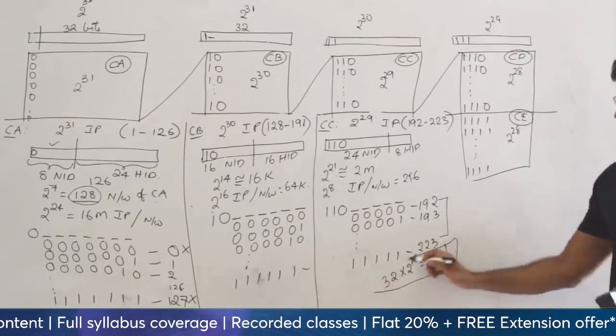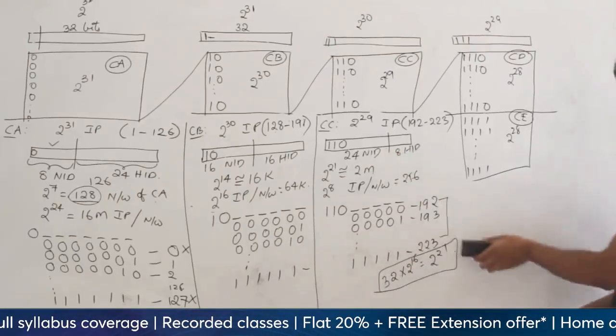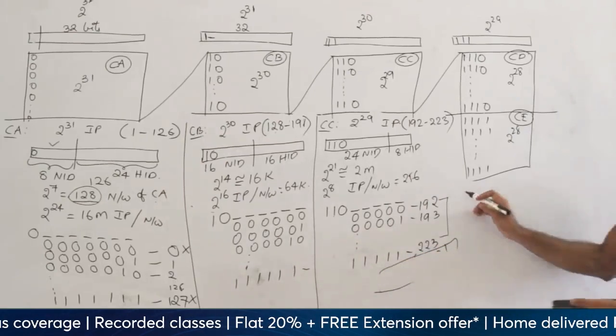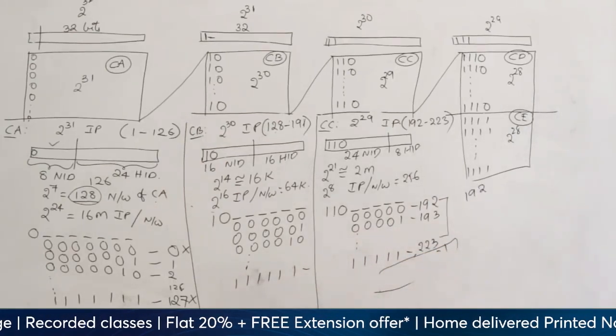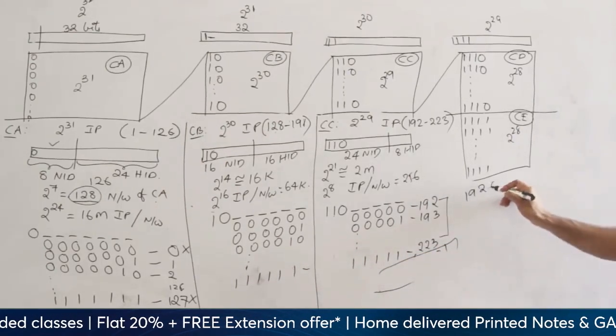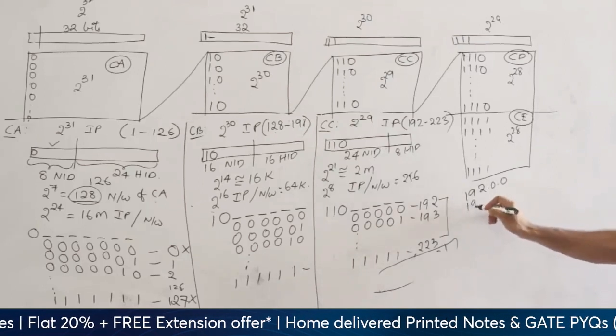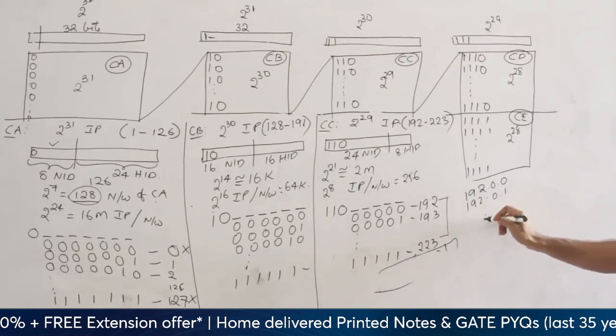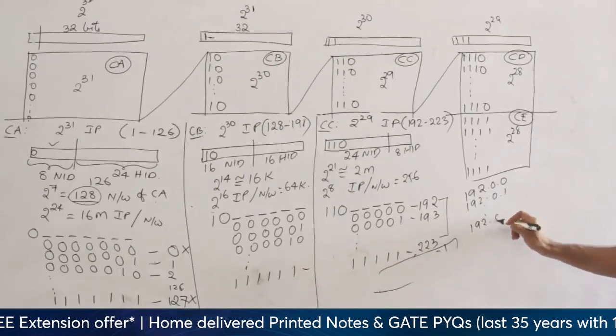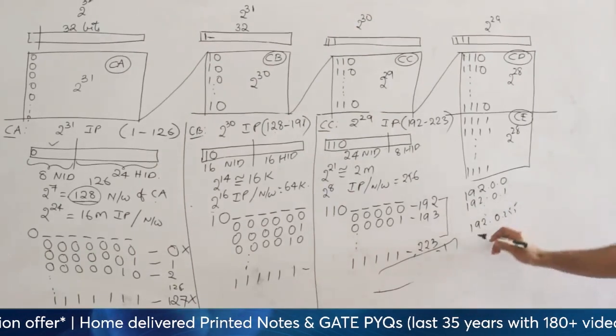32 into 2 power 16, right? So if you want to see what they are, the IP addresses will be 192, I mean I'm talking about the networks, okay, 192.0.0, 192.0.1, so on, 192.0.255, and again